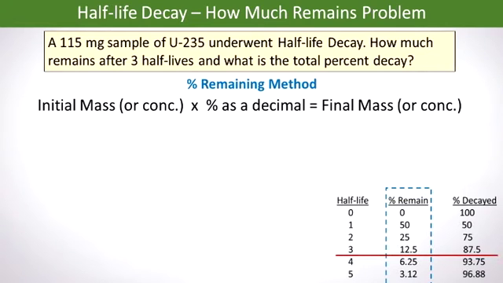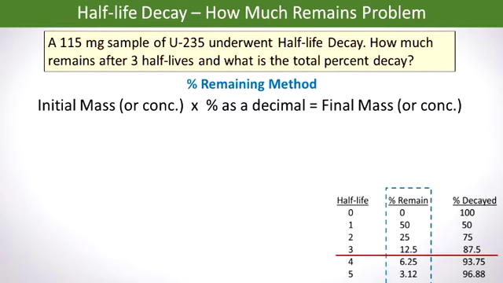We're going to take a look at this problem by looking at the percent remaining method, and we're going to take advantage of the table that we've already developed for the half-life decays. So at the third half-life, we would have 12.5% remaining, or 87.5 decay. The equation for this would be the initial mass or concentration. Note that mass and concentration are used synonymously. So the initial mass times the percent remaining, written in decimal format,